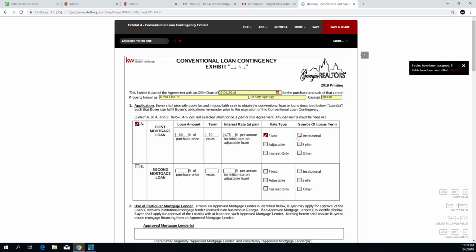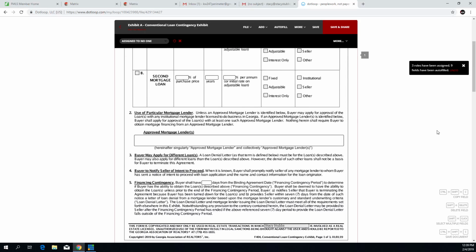And this is the most common, that it's fixed institutional. Best practice is that you list more than one approved mortgage lender. That means approved by your client, that your client's still on the fence. You've given them 3, but then they've got somebody else. The reason you want to enumerate them is if, heaven forbid,